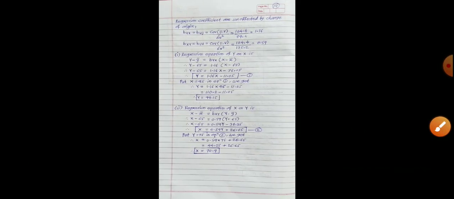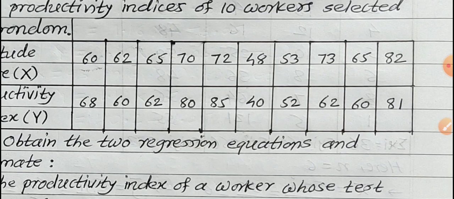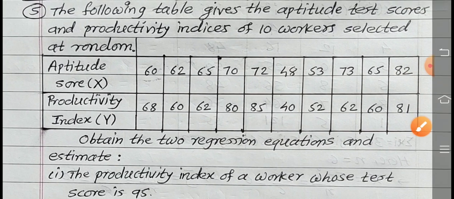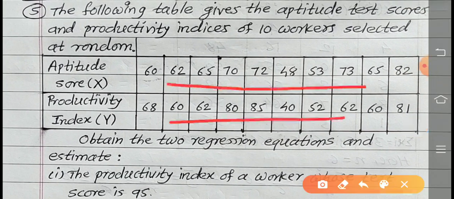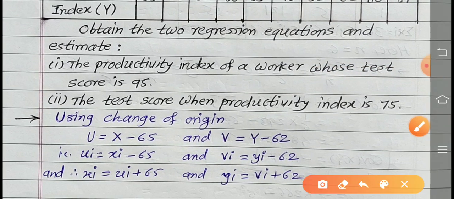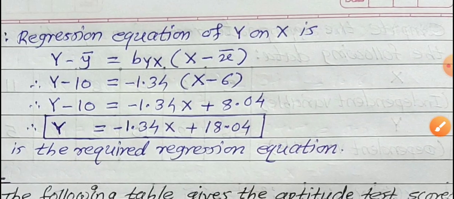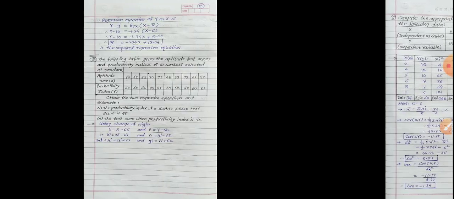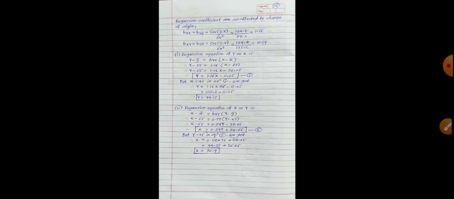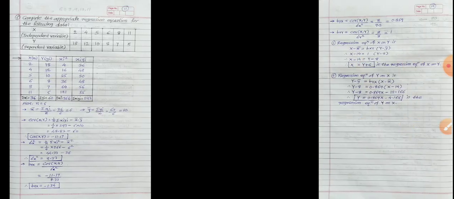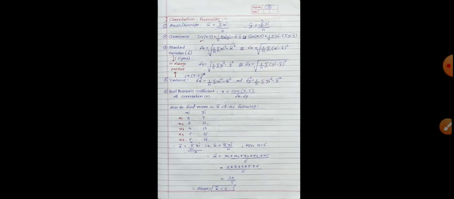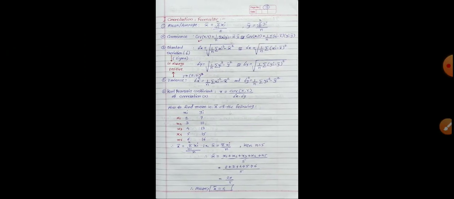So in this way, if the variable values are very big or large, then at that time what we are doing, we are using the change of origin method. So in all the remaining questions you use the change of origin method. All are getting? So in this way, some numerical problems are given in the first exercise; the remaining questions you try to solve with the help of these given formulas.